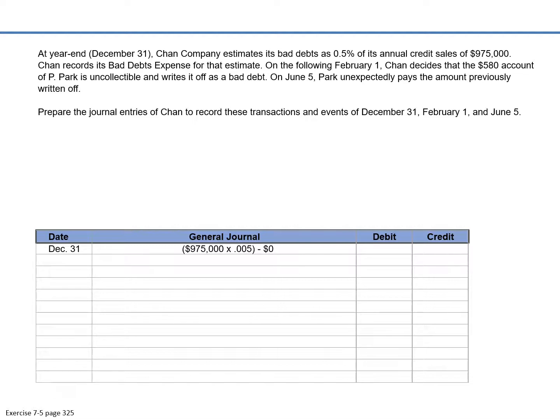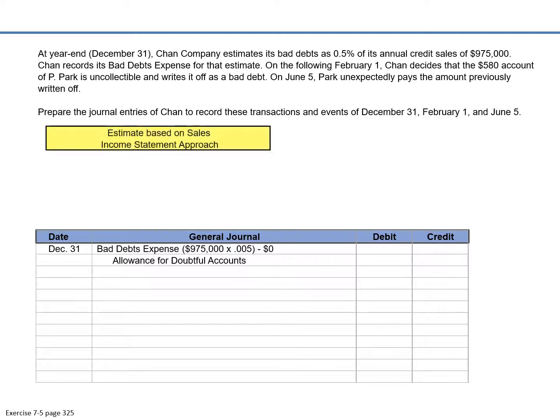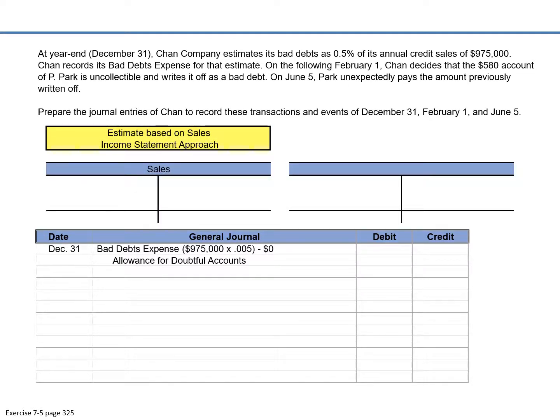So, Chan Company estimates their bad debts to be 0.5% of their annual credit sales. So 975 times 0.005. Bad debt expense, debit, and we'll credit allowance for doubtful accounts. So if we're going to estimate based on sales, the income statement approach, we have 975,000 of sales, right? Bad debt expense needs to be 0.5%. So 975 times 0.005 is 4,875. We started at 0. So our adjustment's going to be $4,875 debit to bad debt expense, and the other side goes to the allowance. That was a long way and a lot of clicks to get to that point, but